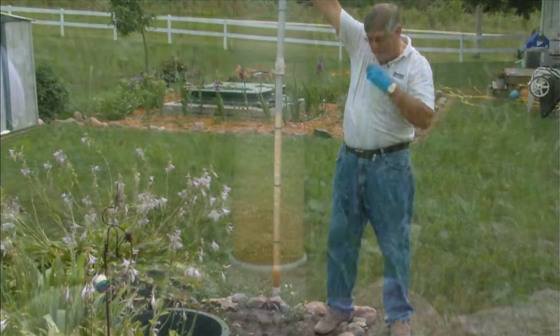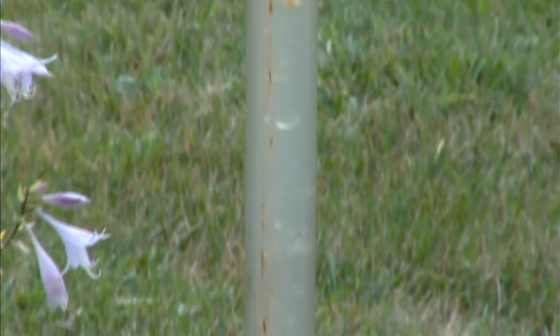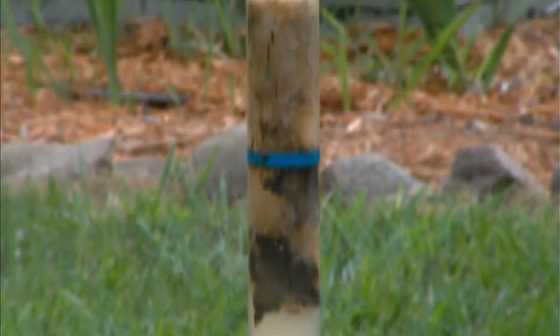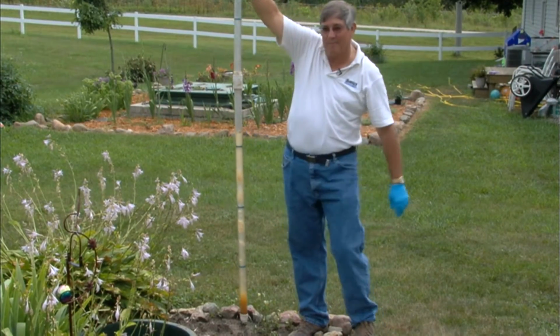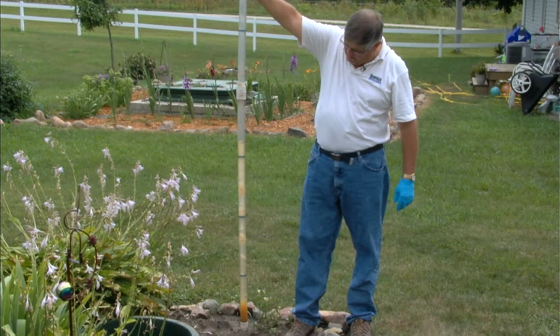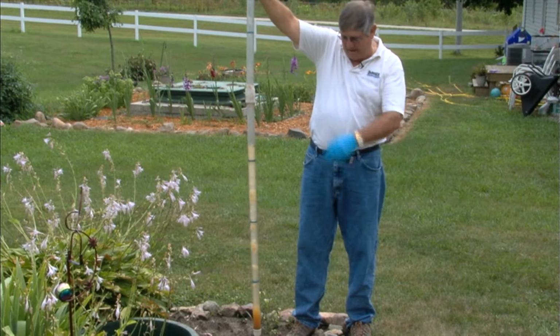As you can see, the dark layer at the bottom, that's the actual depth of the sludge in the tank. This tank's been pumped recently, so there's not a whole lot in there. Looks to be about 4 to 6 inches. And then the clear zone generally is the clearer water between the sludge and the scum layer. In this particular case, there's not a whole lot of scum in it either. Again, this tank does not need to be pumped,